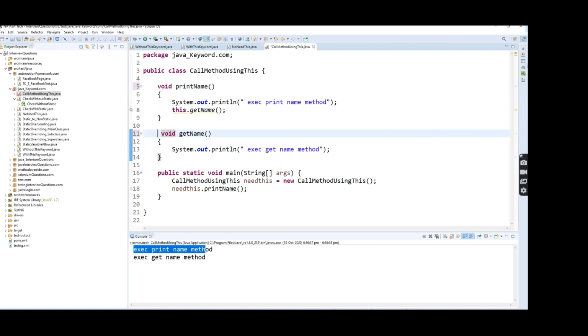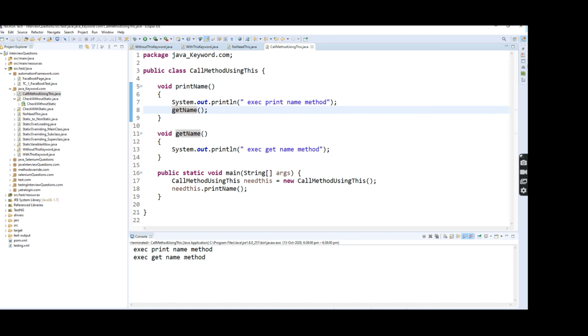Now I remove it. If I don't want to mention the this keyword, I give just the method name inside the method. Will it execute or not? Let's see.